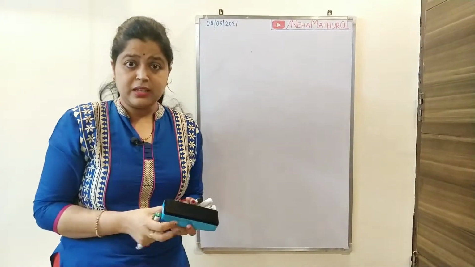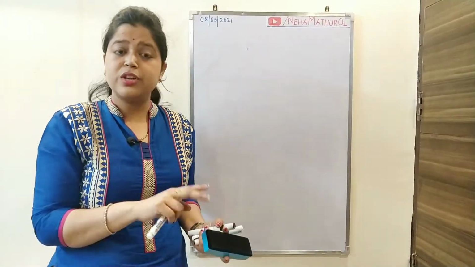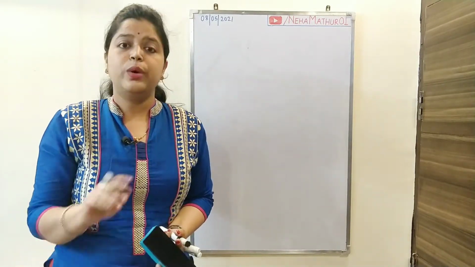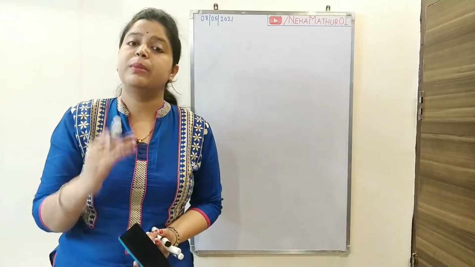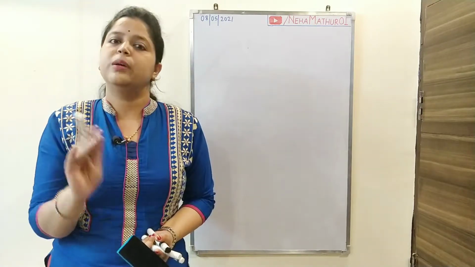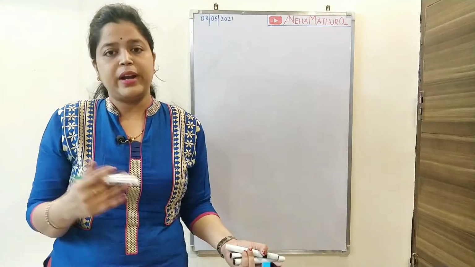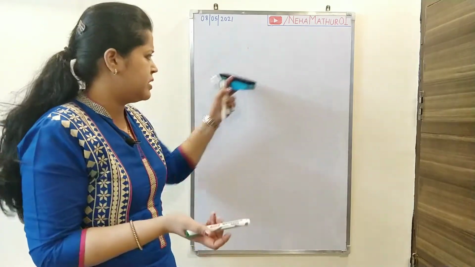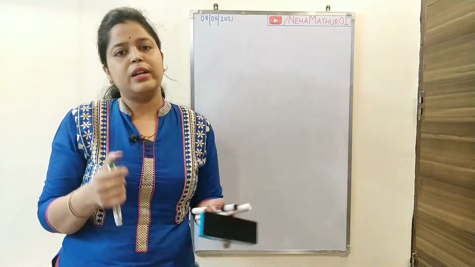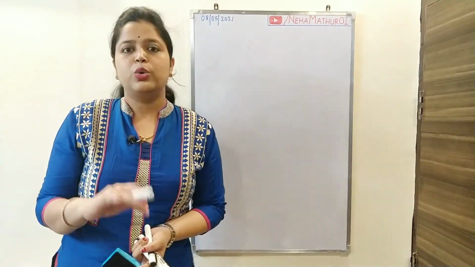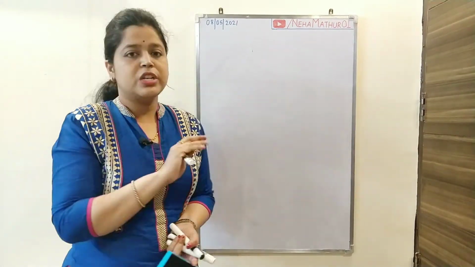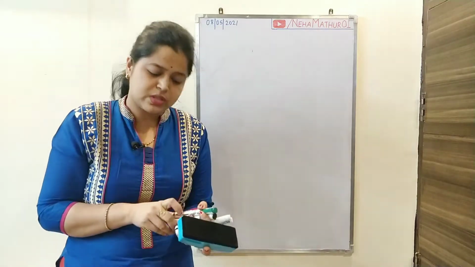And I am again repeating that the conversion from star to delta and delta to star is only required when you are not able to directly identify the connection between resistors, whether they are connected in a series manner or in a parallel manner. If you are directly able to find series or parallel, then there is no need for such calculations. You can directly add them in a series manner, while you can directly take the reciprocal of resistance to get the parallel connection. But if direct observation is not possible, in that case you will have to use this approach.